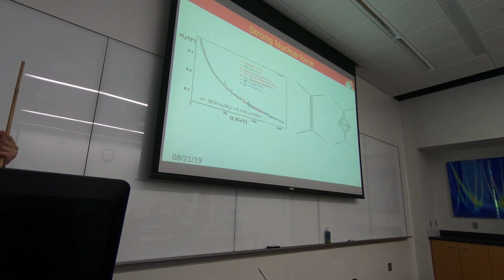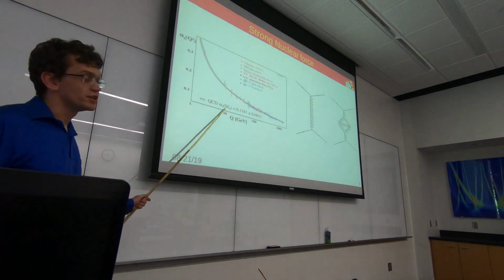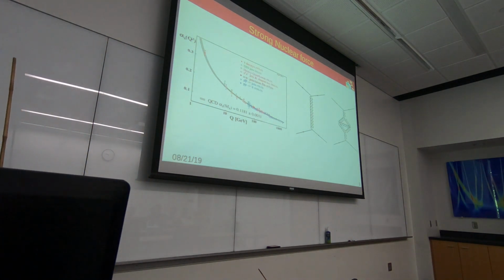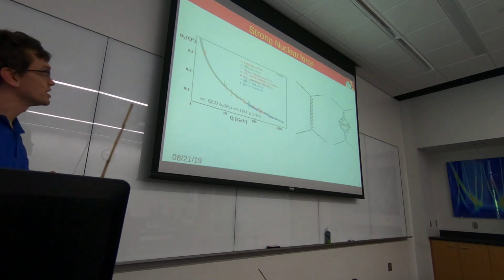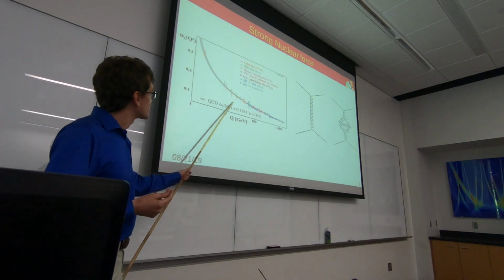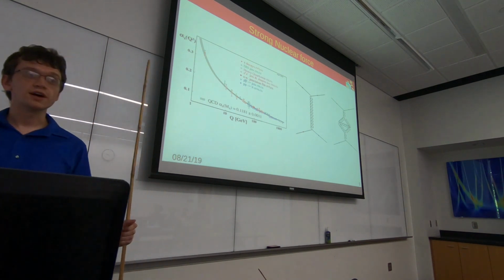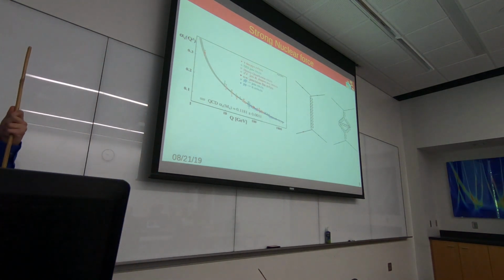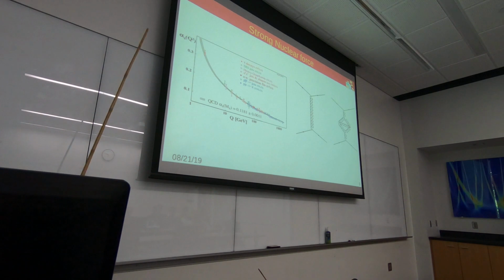Now, the issue is that alpha strong, the strong coupling constant, isn't constant. It is dependent on Q, which is the momentum transfer of the interaction. As Q decreases, alpha strong gets larger, and you can see here it keeps increasing. It'll eventually be greater than 1. Now, this breaks one of the great tools of quantum mechanics, in that we can't use